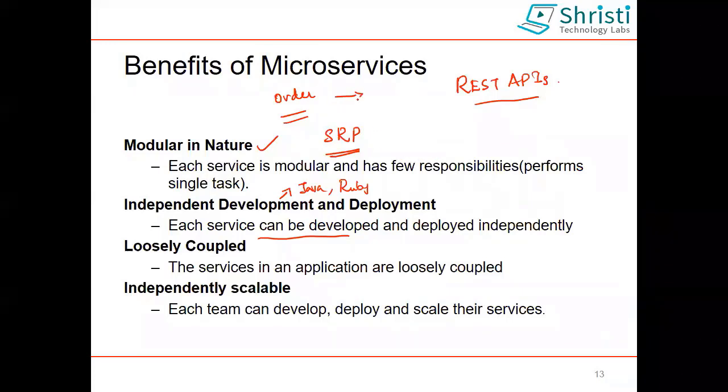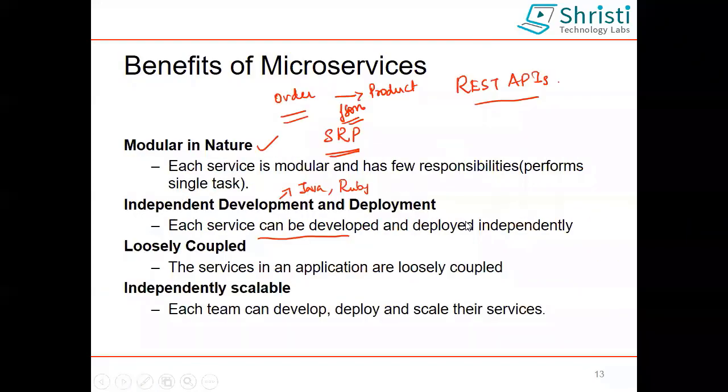If order wants to talk to product, how will they be talking? They are going to use one single medium. The data will be sent in the form of JSON. So you have not learned Spring? Before going into microservice, you need to have at least a basic understanding about what is Spring, what are the components of Spring, what is Spring IOC, how to develop a REST API using Spring. So maybe offline I will explain more on that part. For now, just understand what the microservice part is.